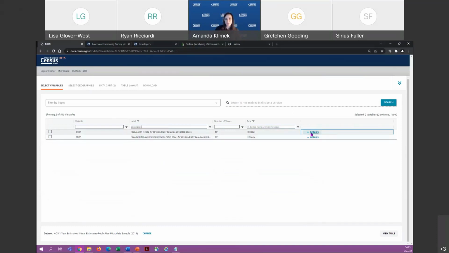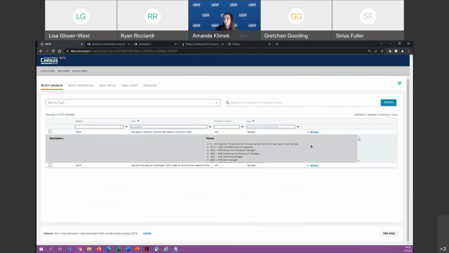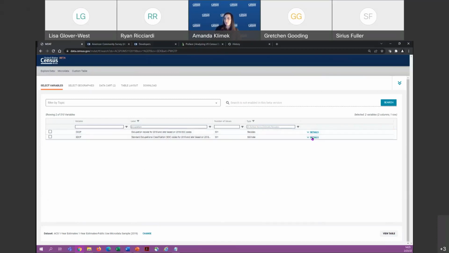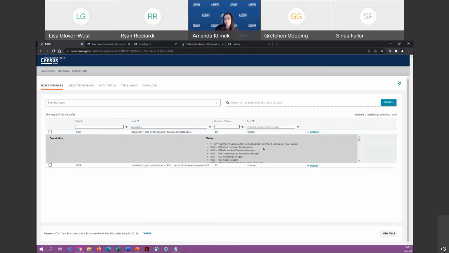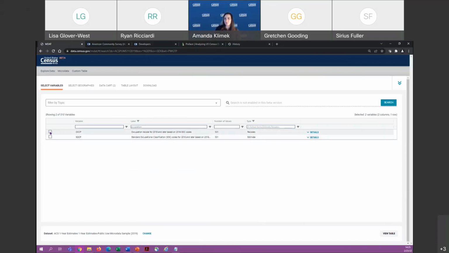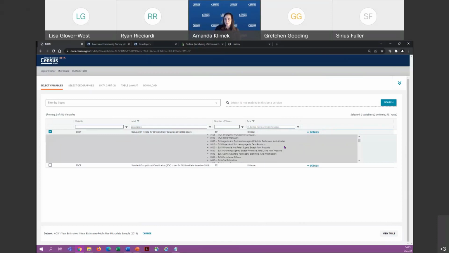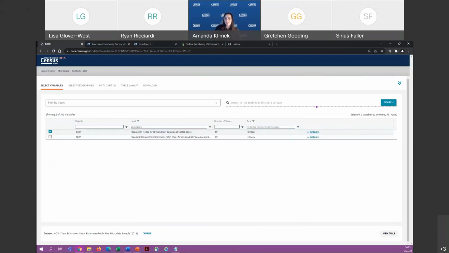I'm going to go into my detail section and see if this is the code list I'm used to using. They're pretty similar, but this OCCP section looks like something I've used before. So I'm going to select the OCCP variable. Again, you can go into details and see what is included to make sure that's the variable you're expecting.